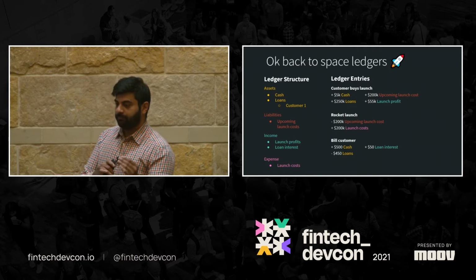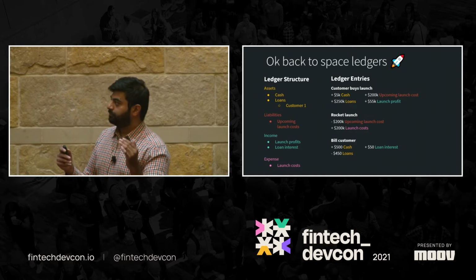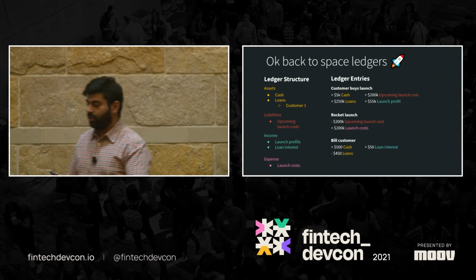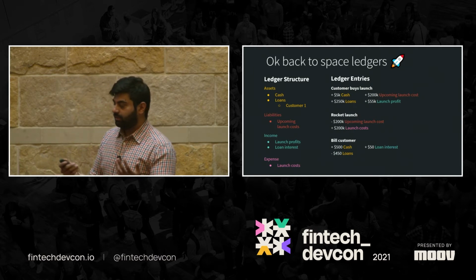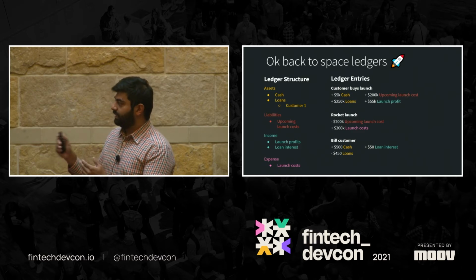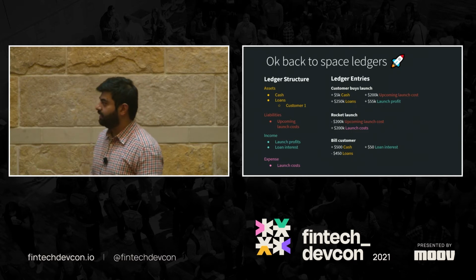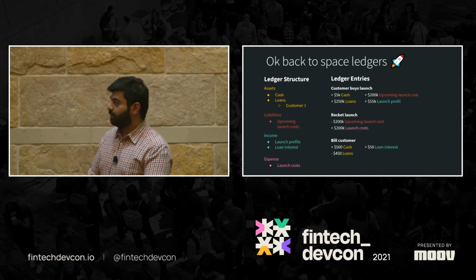Even though there's all this money moving around, when you take away what they earn from what they have to spend, that's being tracked here, in this income account. And then once the customer launches, hopefully they arrive back safe, they start billing their customer for the loan. And then when the money comes in,